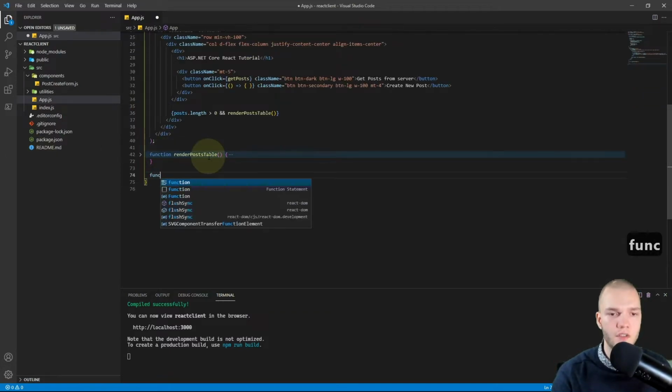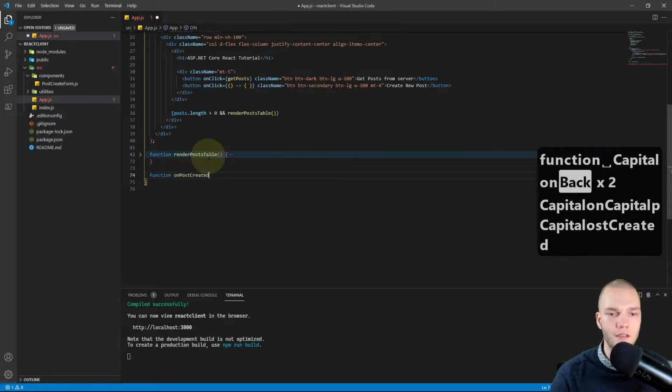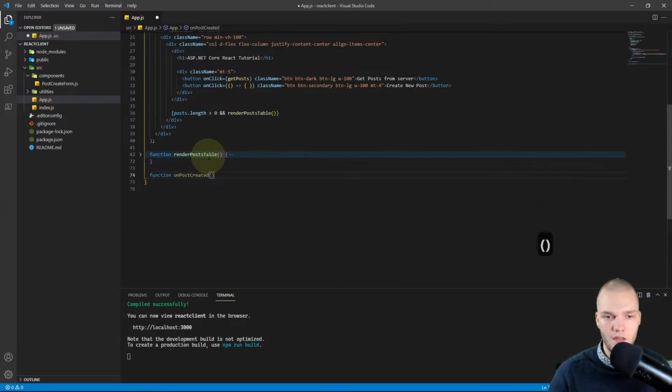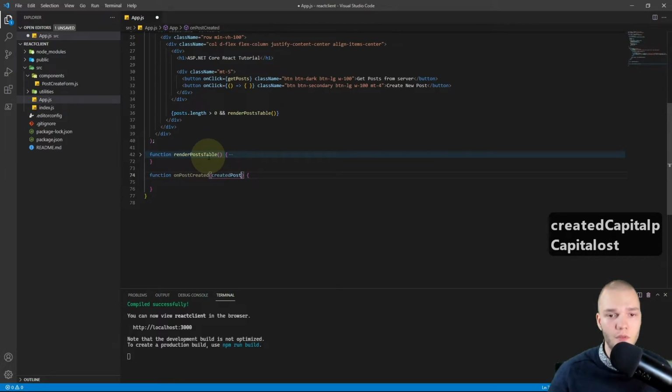I'm going to do function onPostCreated, add parentheses, curly braces, and that's going to take in a created post object,